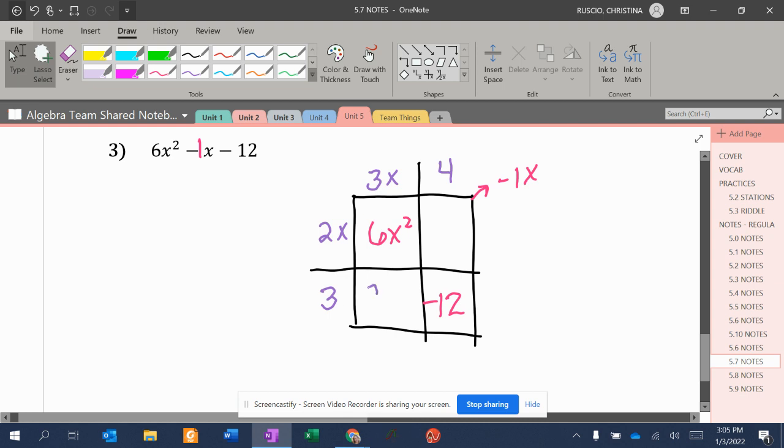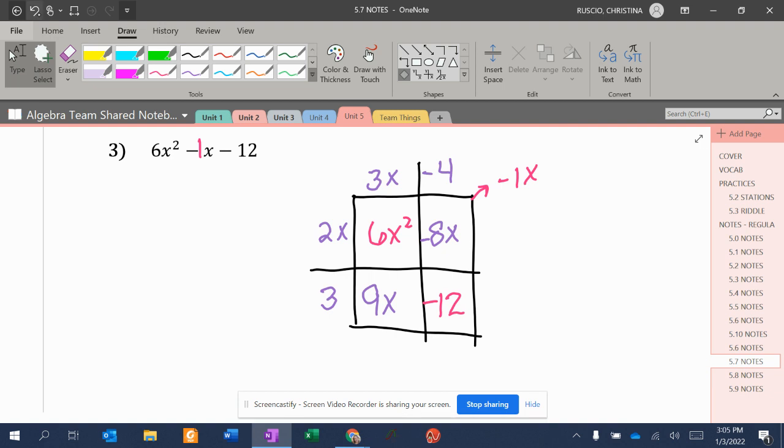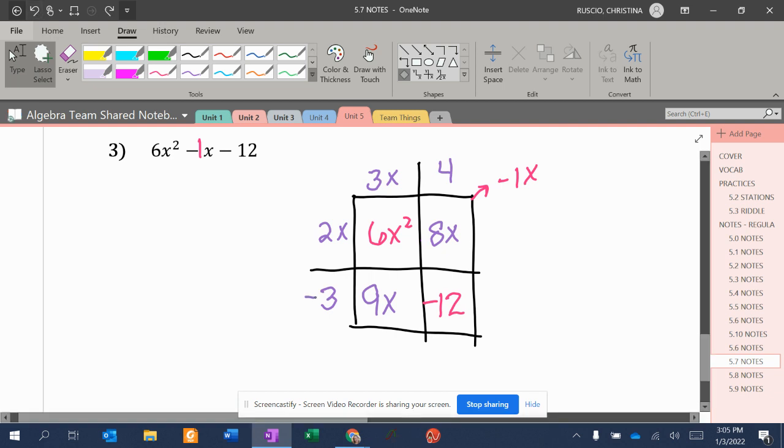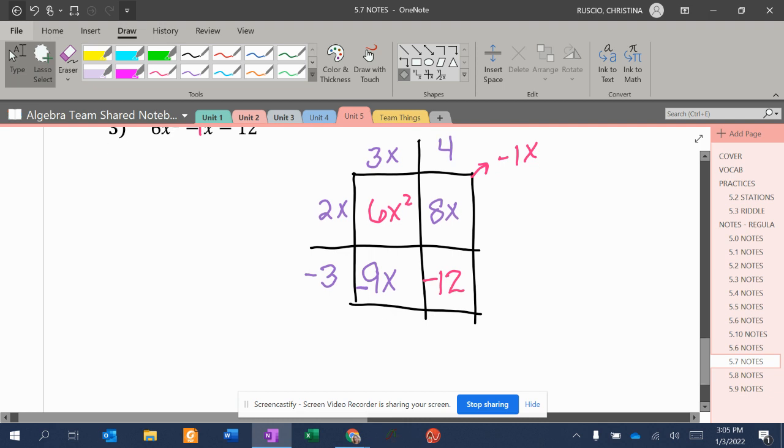So let's try this out. I get 9x, and 4 times 2 is 8x. Is this working? Ooh, I actually think this might work. But right now, if I make this 4 negative, I would end up with a positive 1x. So it looks to me that the minus needs to go with the 3. So I have now shown that negative 9x plus 8x is negative 1x. So my final answer, factored, is 2x minus 3 and 3x plus